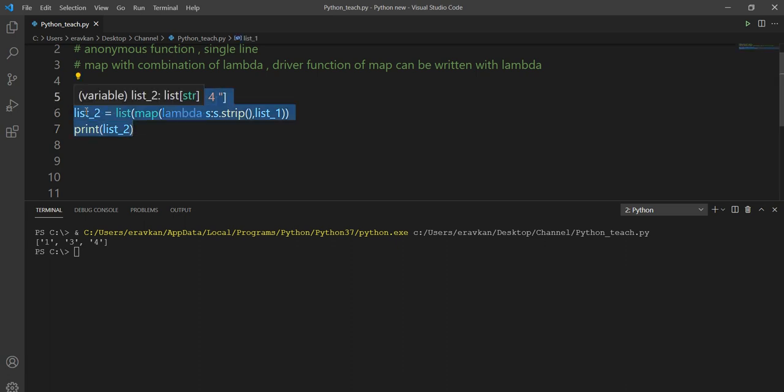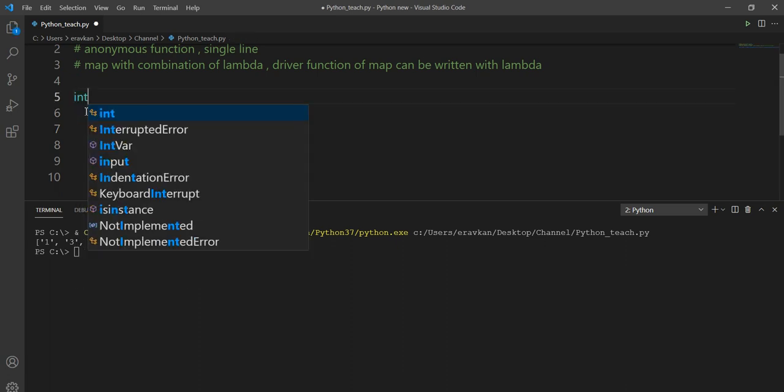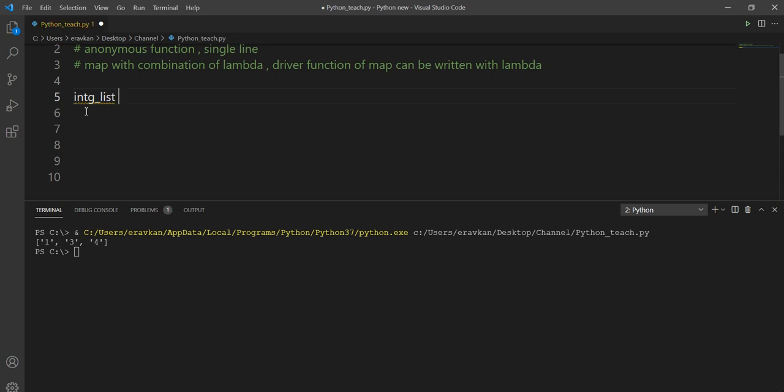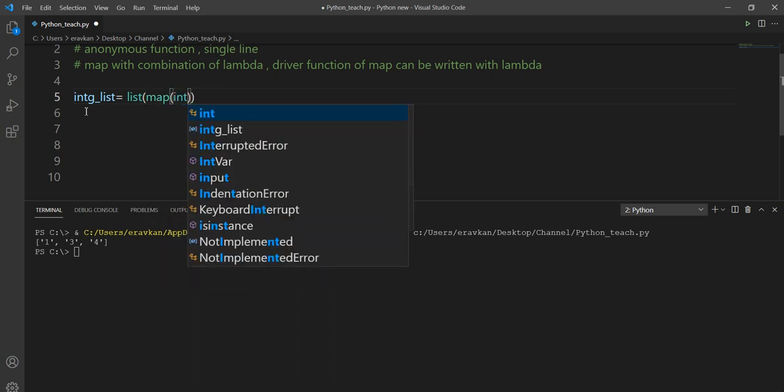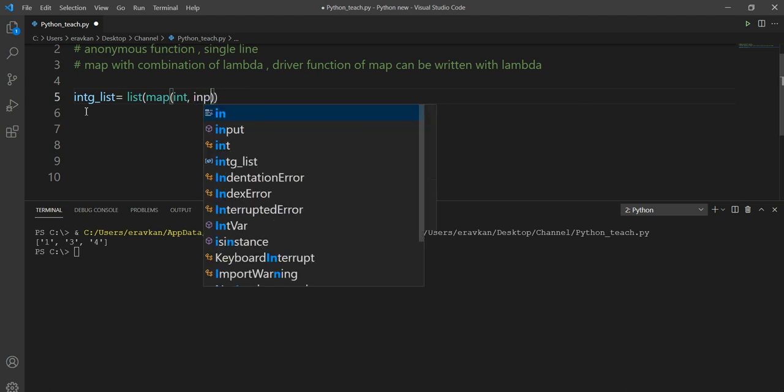Okay, one more example: suppose I want to take a list of integers as input from a user, then I can do map with the int function. I can say here input.